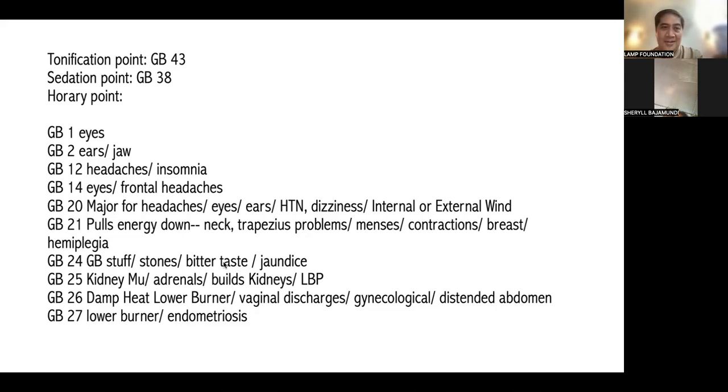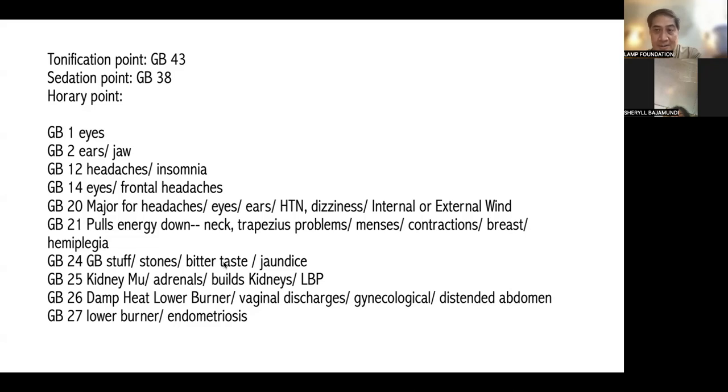binabasa mo. Okay. GB20, a very favorite point, is the major point for headaches, for the eyes, the ears, hypertension, dizziness, both internal or external wind. So by this time, I'm sure you already know the difference between the two. GB21 pulls energy down. Ganun lang o dito. Yan. So those with issues with the neck,